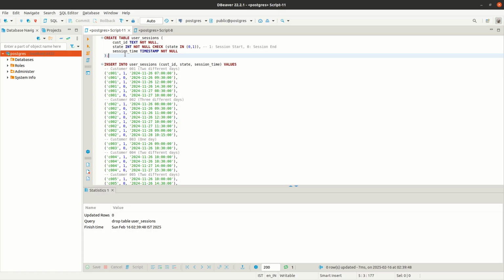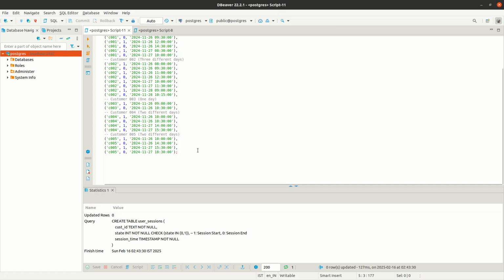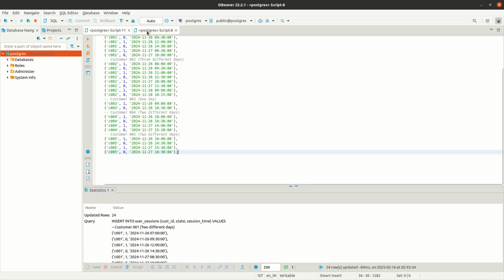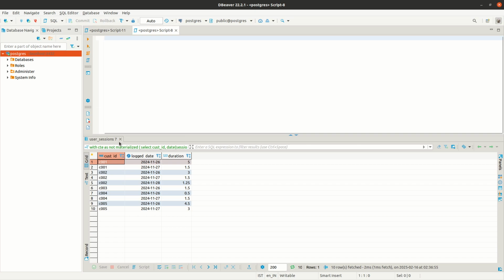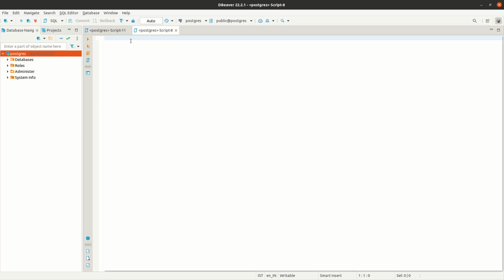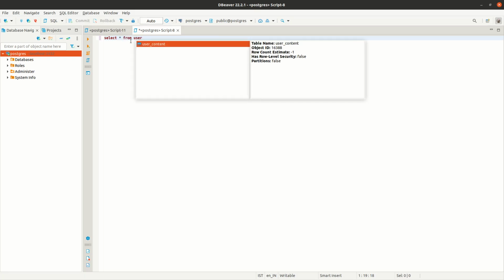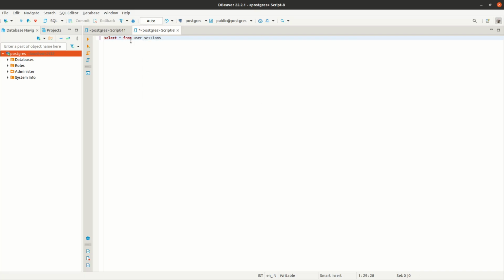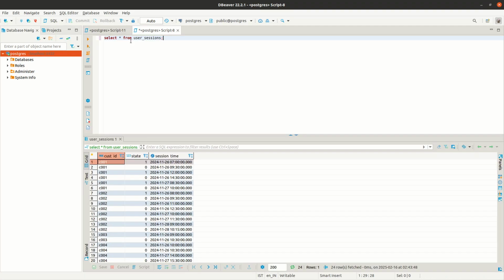So we are going to create this table called user session, and we are going to insert some dummy data into it. So now let's check how our dummy data looks like. Select star from user session. Okay, so